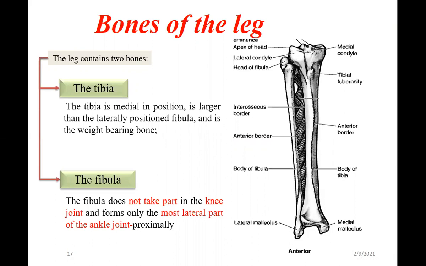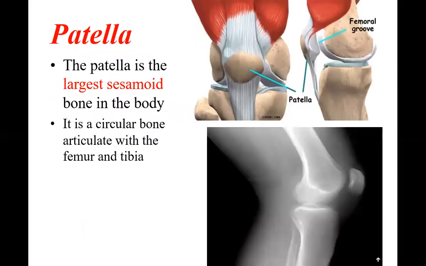Okay, so this is the bone here called the tibia. Now here, this is the smaller bone called the fibula. The fibula does not take part in the knee joint. Here is the knee between the femur and the tibia, that is called the knee joint. We also already saw this. So this joint is called the knee joint, where the patella is present.